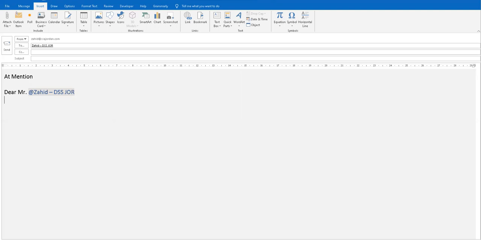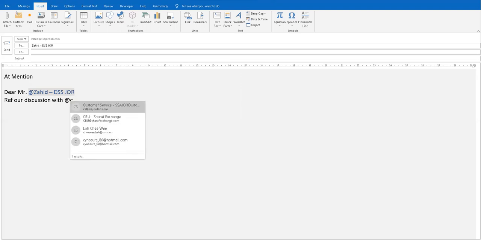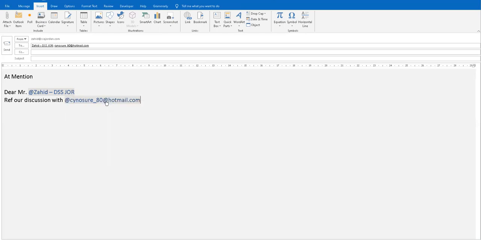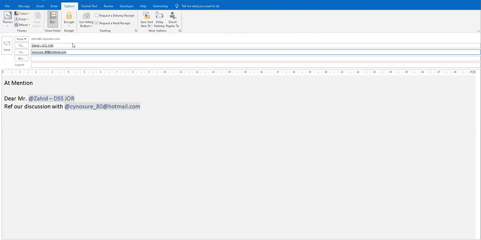So that we started our discussion with, I will use another email address. Say that my Hotmail ID is Sanisho. So I will click it over here. When I click it, it also goes to the To tab. I can put that one in CC. If you require something in the BCC, just go to the options and enable the BCC option, and you can put it over here. So this is a very powerful function which we have been using in our emails.